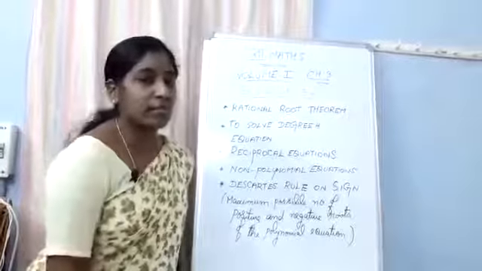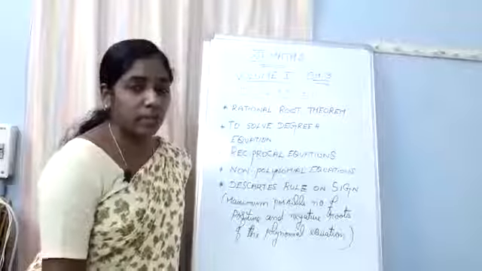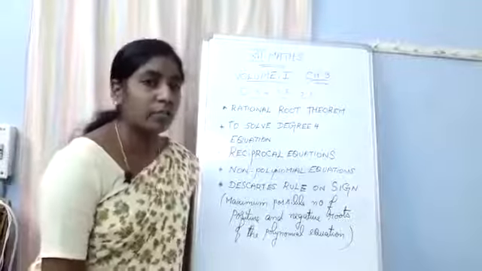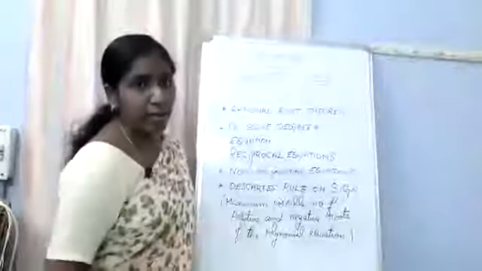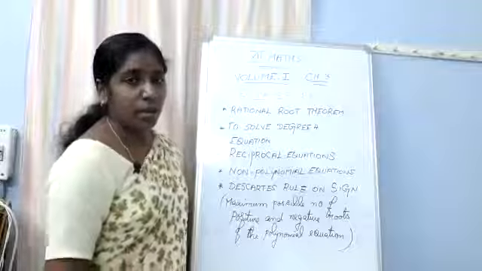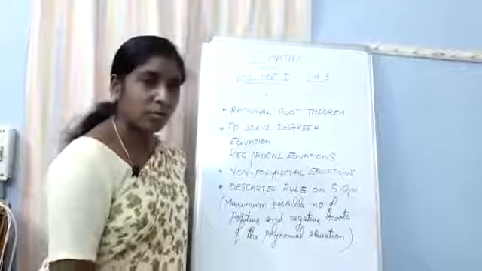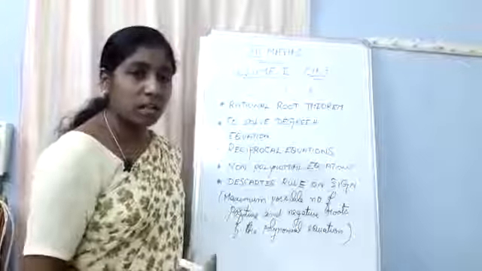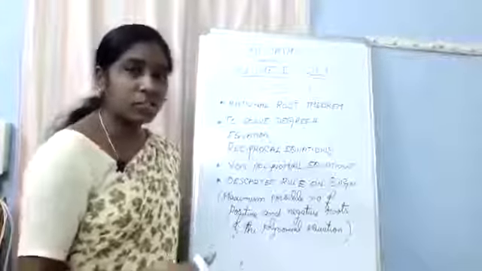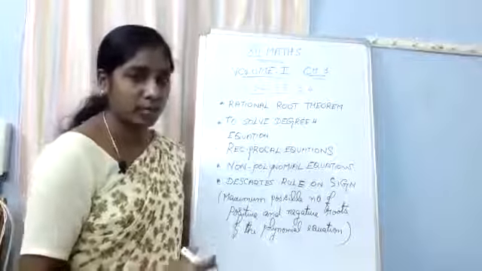In the last class we saw exercise 3.2 and 3.3. Now we are going to do the remaining 3 exercises, that is 3.4, 3.5 and 3.6. So what is the concept we are going to have in 3.4, 3.5 and 3.6? Whatever we studied in the last 3 exercises, we are going to develop some ideas based on that, and we are going to do the sums, students.